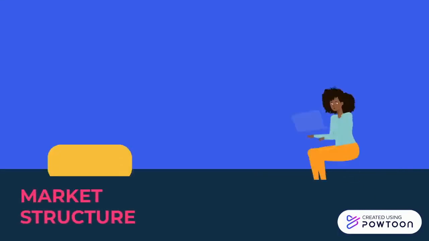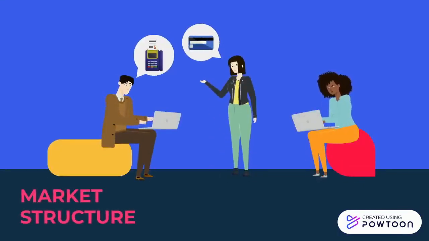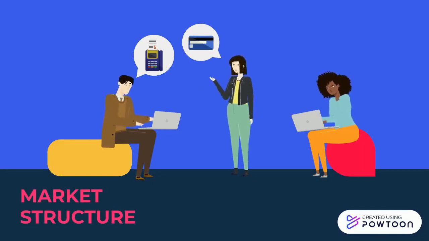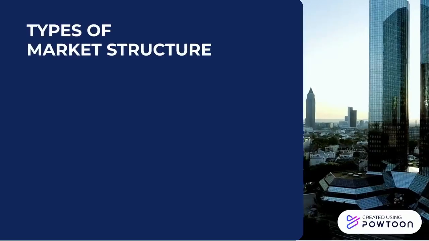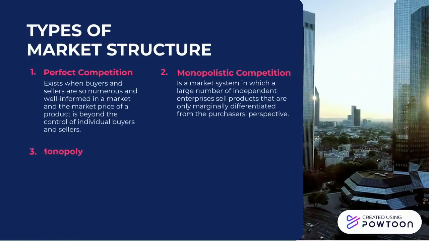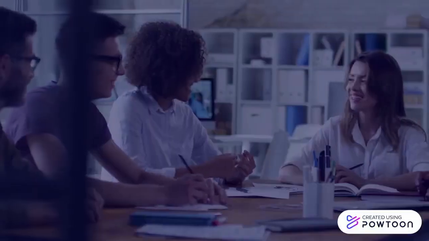A market is a gathering place for buyers and sellers to meet and exchange goods and services, which is also known as market structure. There are 4 types of market structure, which are perfect competition, monopolistic competition, monopoly and oligopoly. Next up,